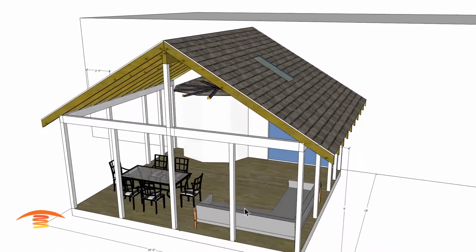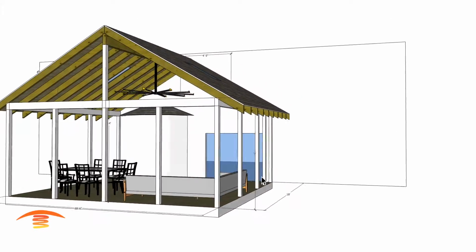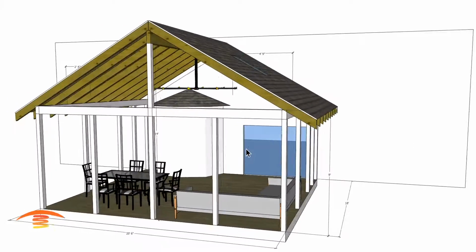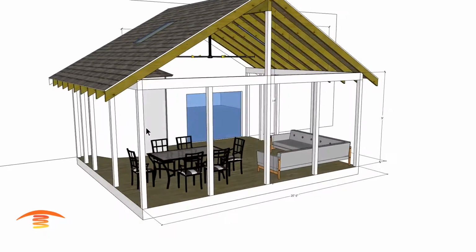Dimensions that we have of the structure, it's about 20.5 feet by 18 feet. On this outside edge, I have the tops of the beams here at 9 feet. The maximum height about 14 feet. I think that's all. We do have this